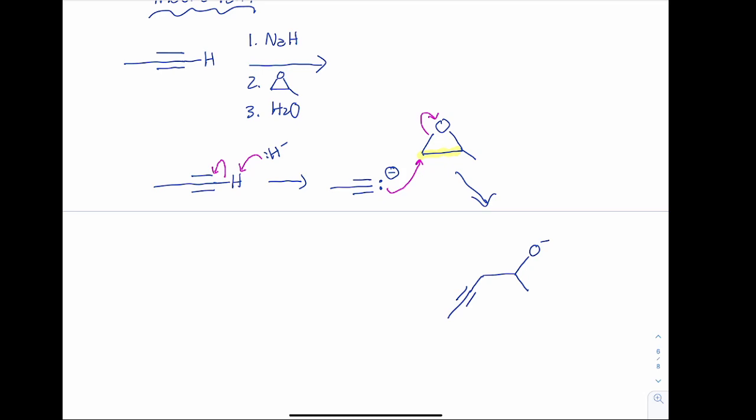There's also a hydrogen on this carbon. We could do just like we did before. I could wedge it or dash it. Since I didn't give you stereochemistry on that methyl group, it doesn't matter if it's wedged or dashed. If I gave you stereochemistry initially, then you would want to make sure you keep that, because that carbon's not affected by the reaction. Now I can throw my water in,